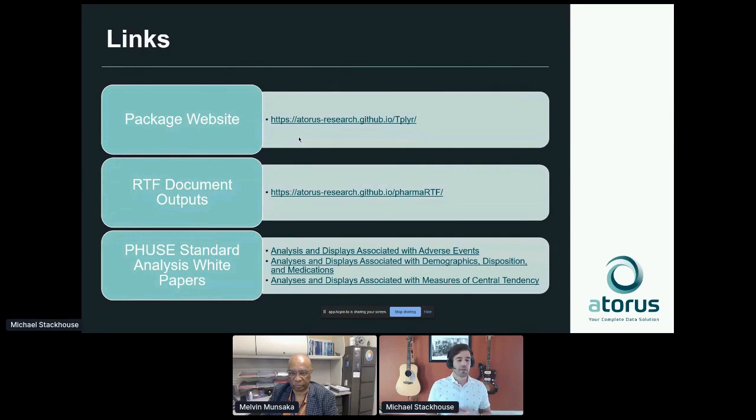I also want to call out the Fuse standard analysis white papers, as we use that to build a lot of the design behind Tplyr and the things that we wanted it to do. They have great white papers on adverse events, demographics, disposition of medications, and measures of central tendency. So those really help drive the things that we wanted to put in here